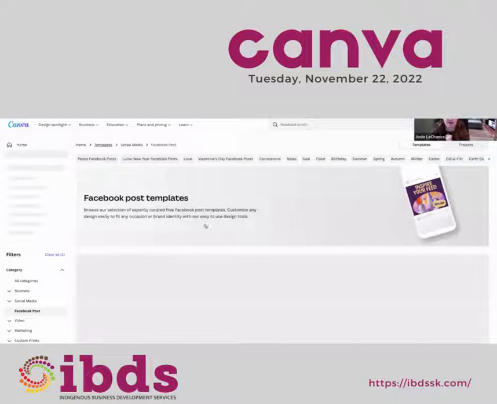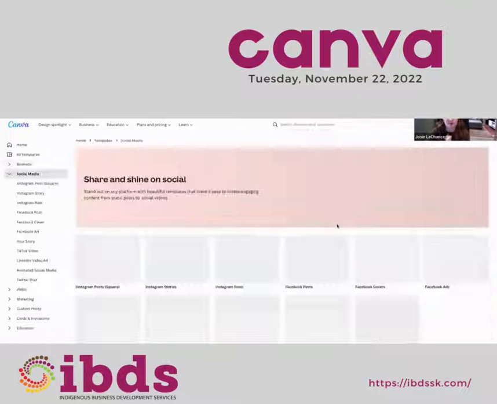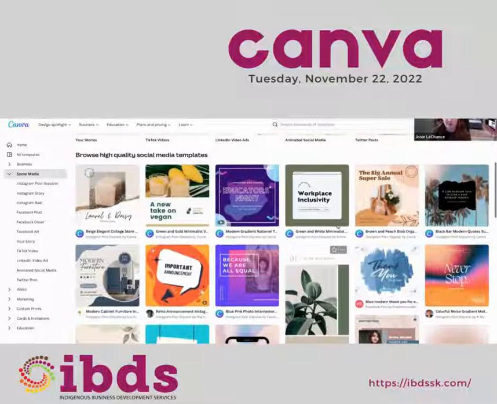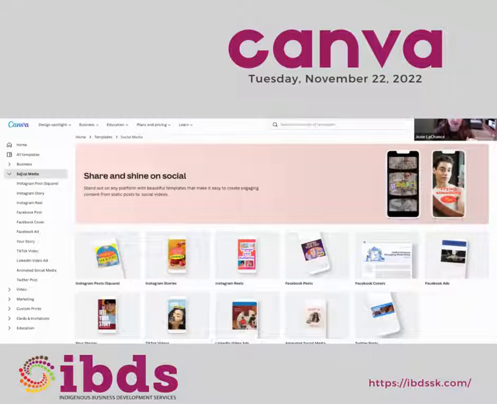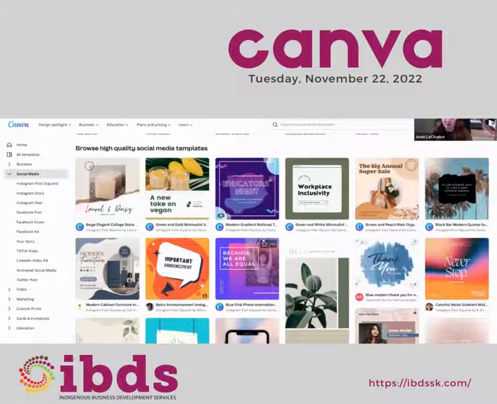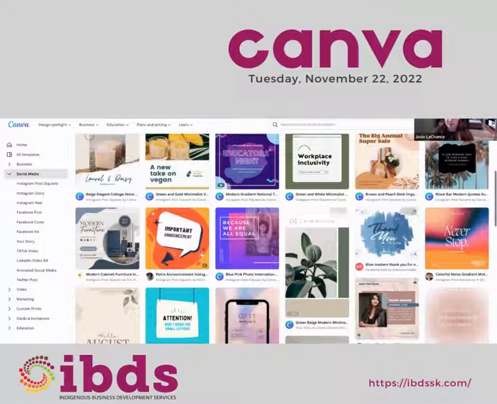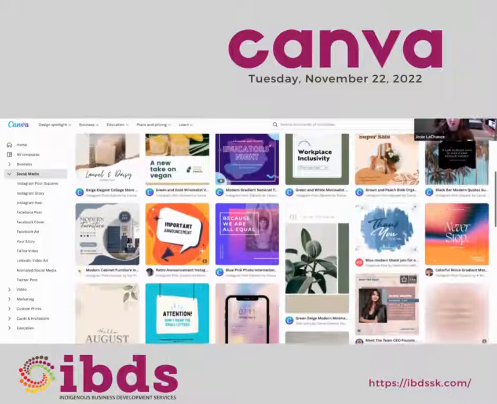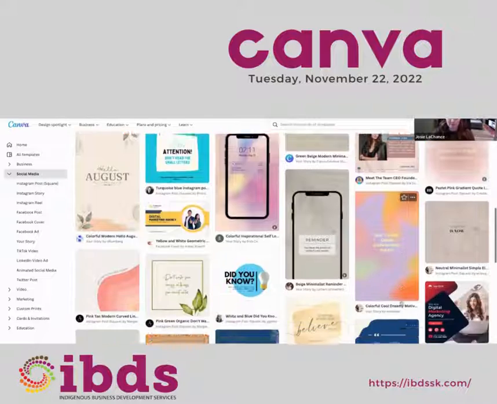So just let me see here. Social media. There we go. Okay, so I just clicked social media on the side here for templates, and then you can see they're all mixed in. This one here, Educators Night, says that it's an Instagram post. And if you keep scrolling down, this thank you one says Facebook post. So you can just look for ones that look similar.